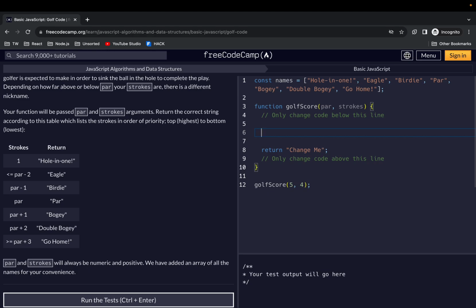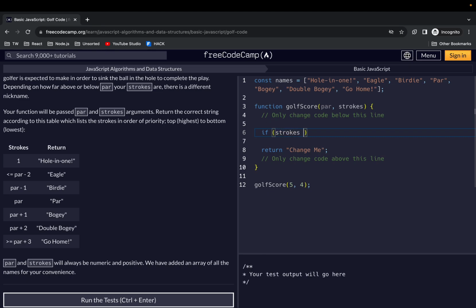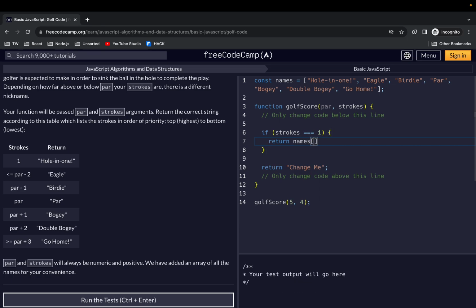So we're going to say if first strokes, the number of strokes, if strokes is equal to, let's do a strict equal here, 1, we want to return, so we have the names here in the array, so we want to access it from the names array. So we say names. How do we access the first item? Remember, index 0. Now we are going to say else if